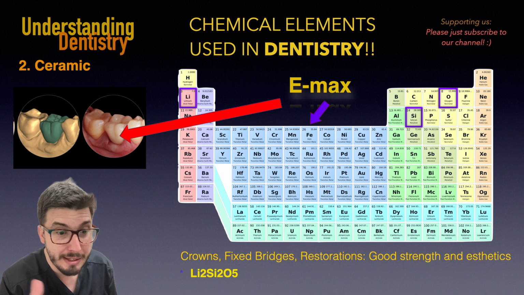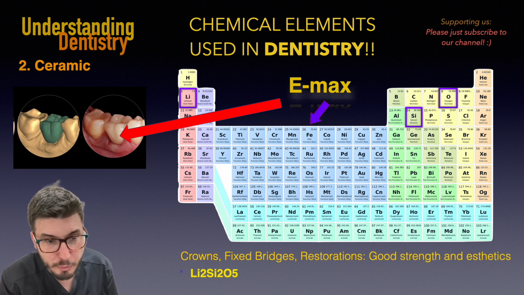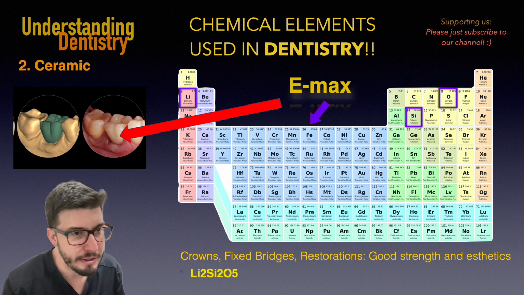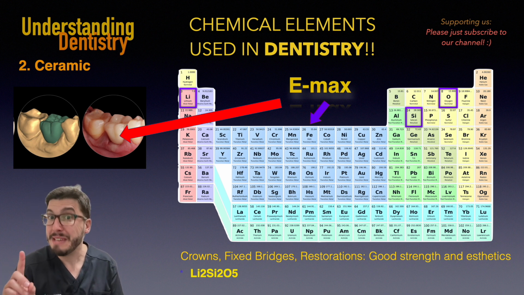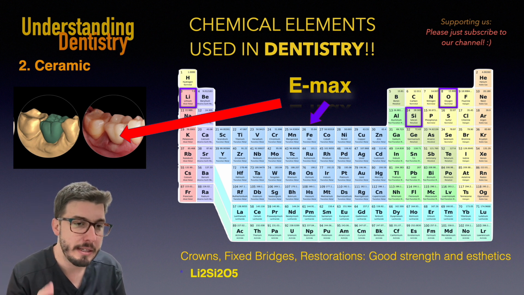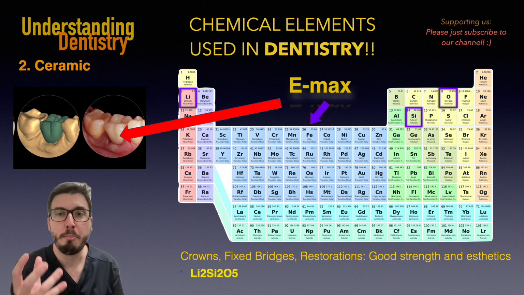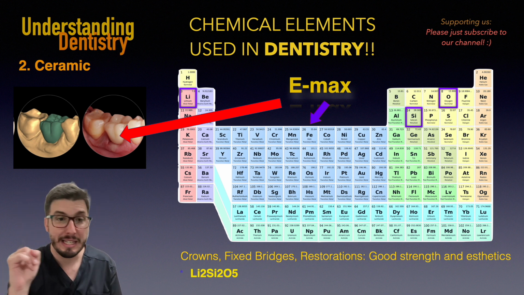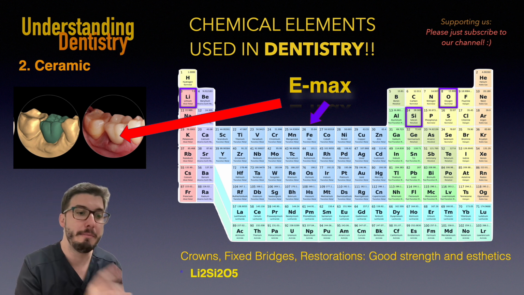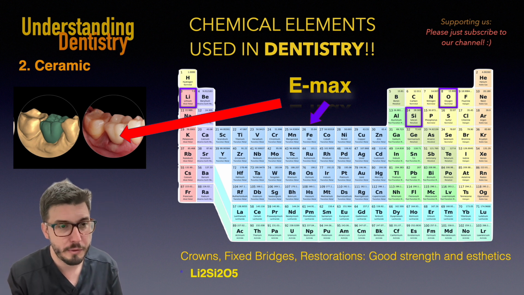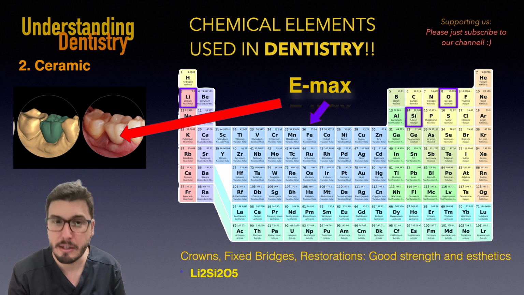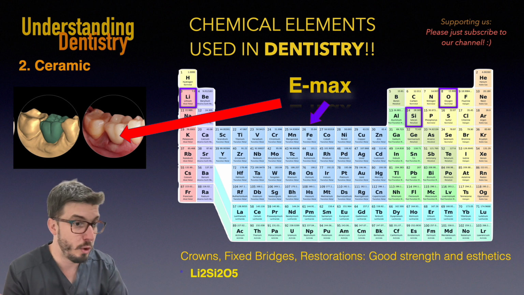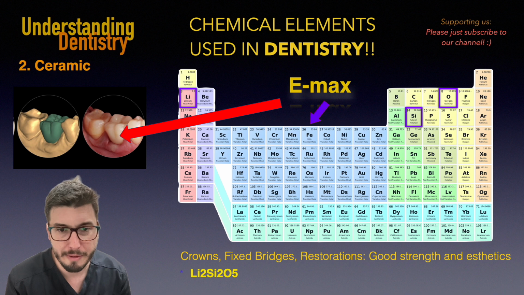All right, now the chemical formula is, of course, with lithium, with silicon, and with oxygen. That's the chemical formula, making this very nice ceramic material. What does ceramic mean? Ceramic material is a material that has the main components being inorganic, so not a metal, okay? That's why zirconia is now classified as ceramic as well, and not as a metal, because we have the dioxide of zirconia, so zirconia here is a ceramic material, not the metal that we have in the periodic table, of course, okay? Not only, it's actually a combination of elements.